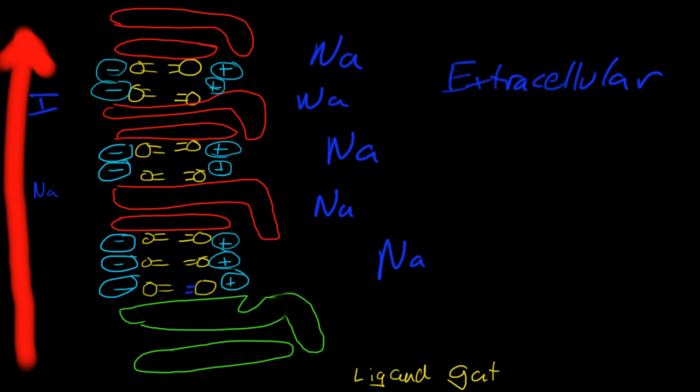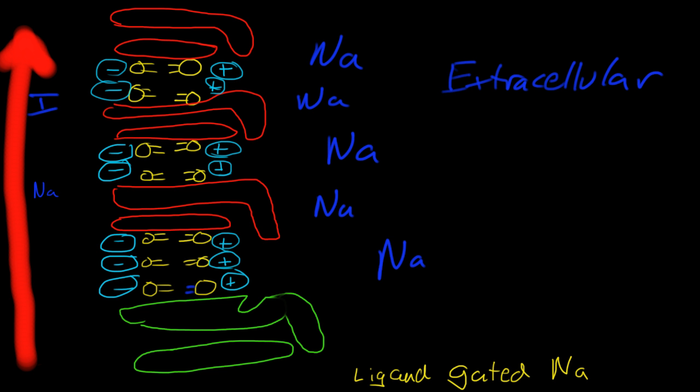Now, the ligand-gated sodium channel is the kind of gate that you're going to see at a synapse. And it is a gate. A ligand is a chemical that can reversibly bind with another chemical. So in this case, this ligand is going to be a neurotransmitter. So a ligand-gated sodium channel is the kind of sodium channel that you're going to see on a postsynaptic membrane that's going to bind with a neurotransmitter and open up the sodium channel to start the propagation of a new